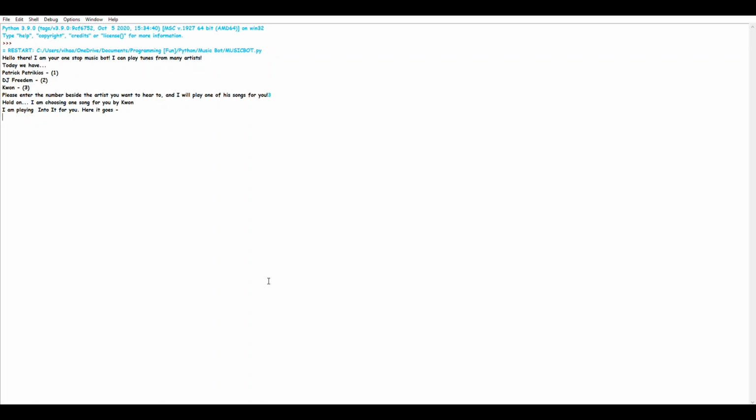So in a similar way, you can add hundreds of songs depending on how much time you have, or you can just code for one hour a day and go on adding songs, and this way we can create a music bot. But you need to remember that play sound module is just for playing sounds. We can't pause them, resume them, or stop them. If you use the play sound function, it will just play the song until it ends and then do whatever is next.